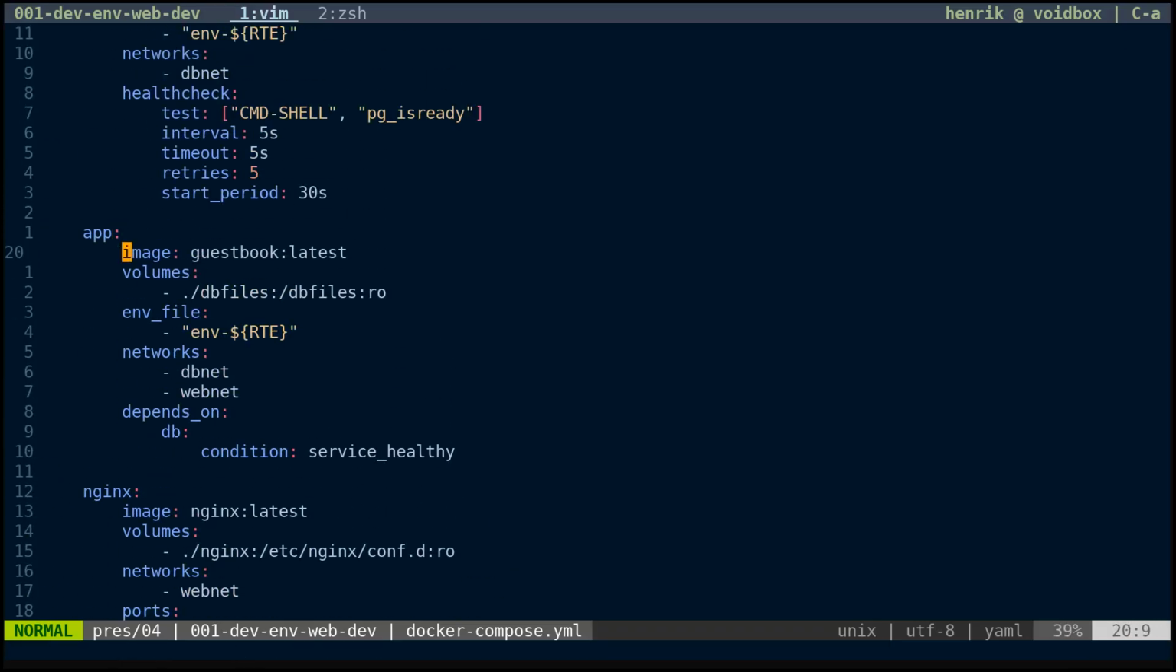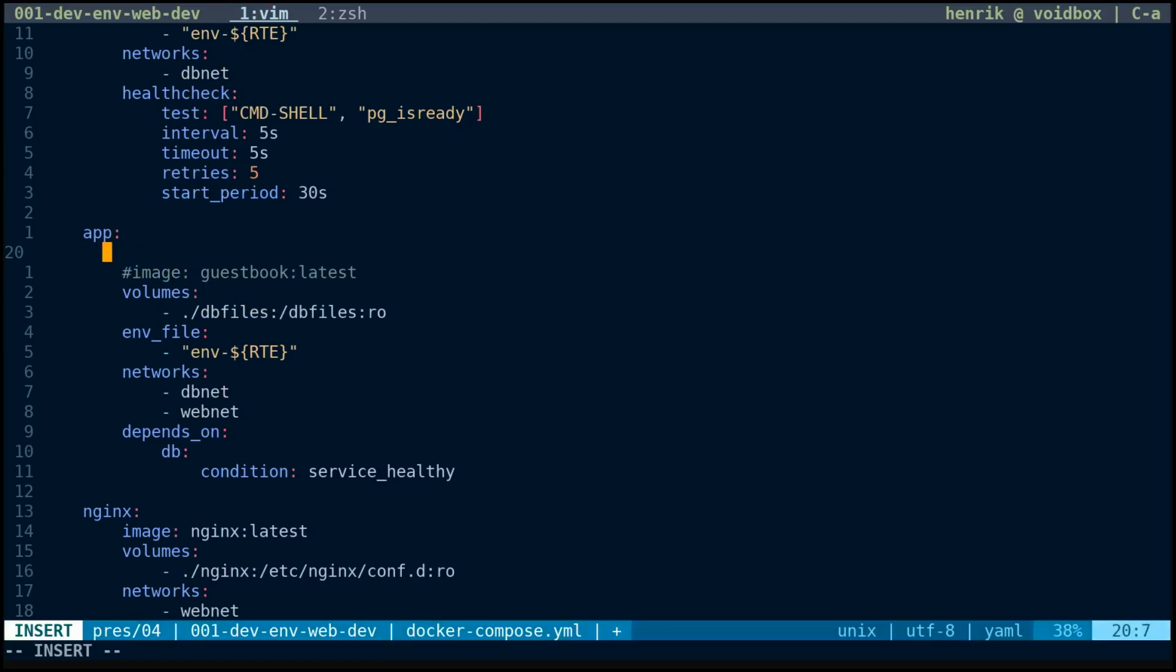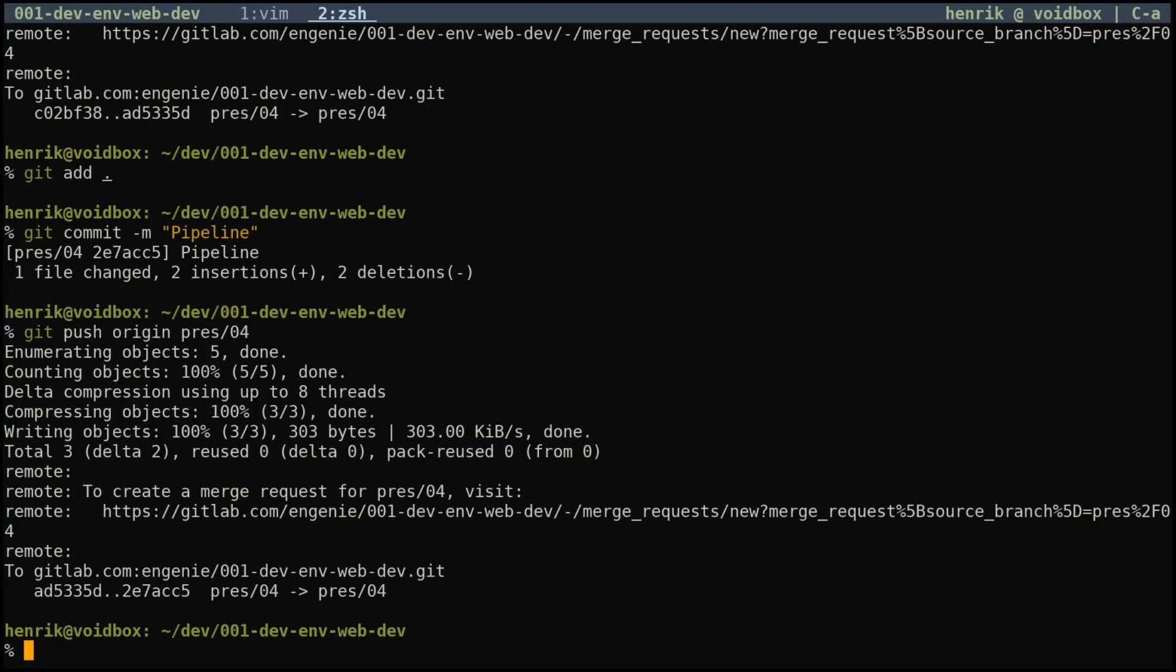So I will actually just remark this out, because I want to discuss that a little bit afterwards. So we're going to point to an image called registry.gitlab.com/engenie. And here, engenie, you obviously need to substitute with your own GitLab username or namespace that you are using. And then we need the project name here. So that would be